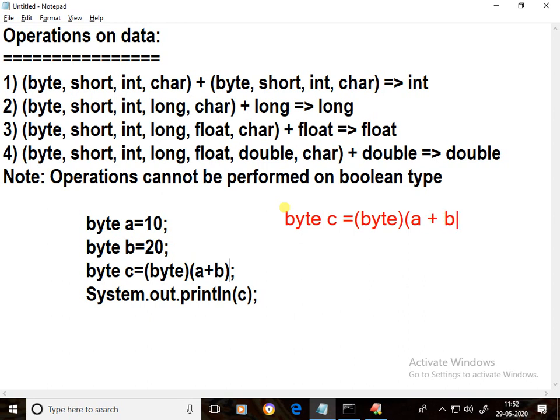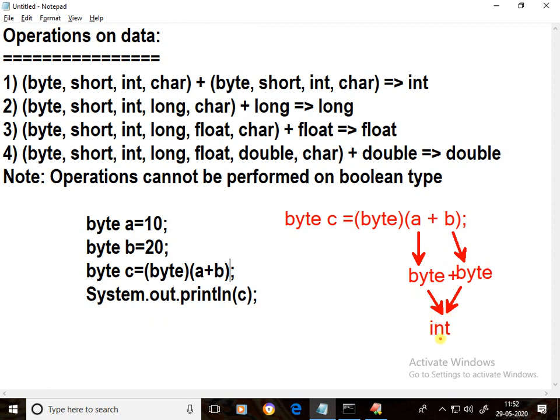If you write like this, now what will happen? First a is a byte. B also byte. Byte plus byte, if you add, result is integer. The result of a plus b is integer.